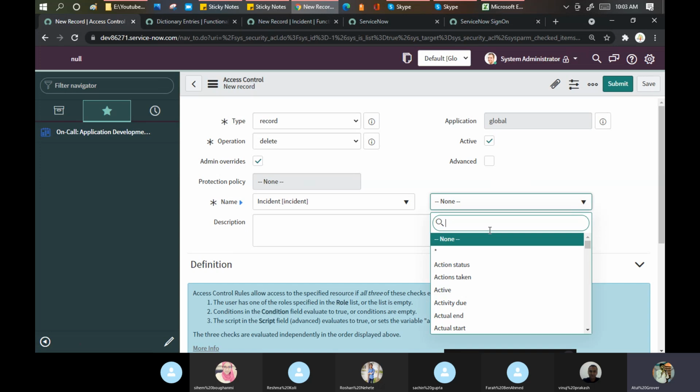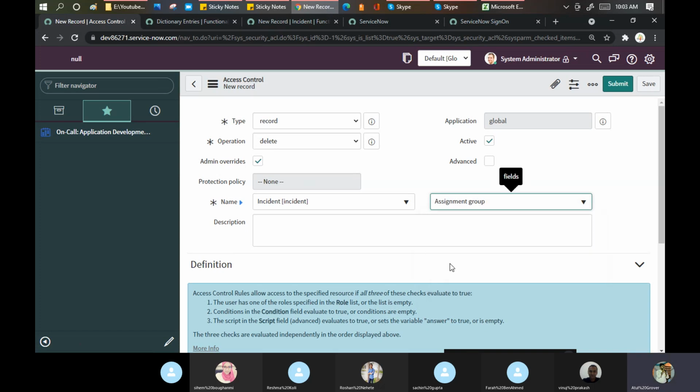If you put a specific field, I say only assignment group. Okay, nobody can delete it. Let me click on the save.